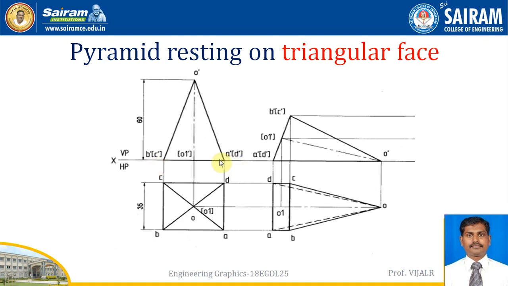So that face, AO, mark here, and then ABC. From A to O, AO, BC, you can make arcs, and from O to BC, what is the distance, and O to O1, what is the distance. If you cut the arc, then join the intersection points, you can get this view, which is resting on the triangular face.